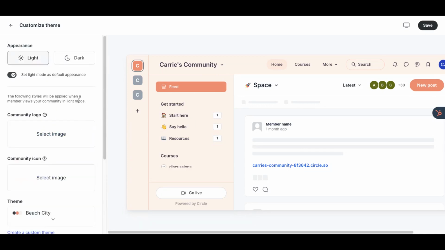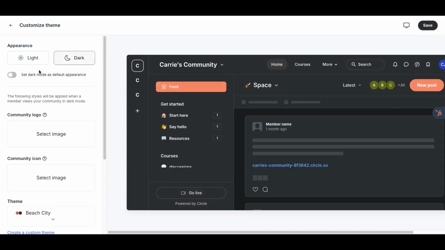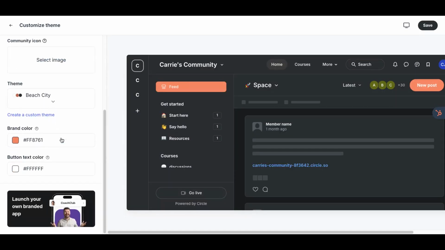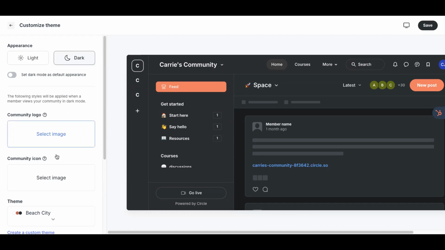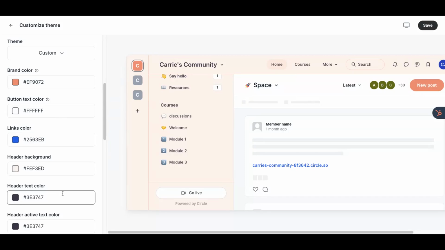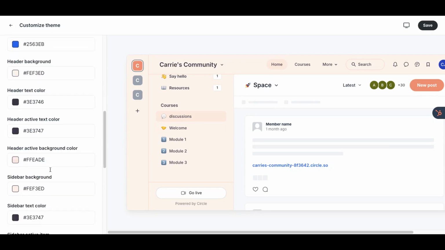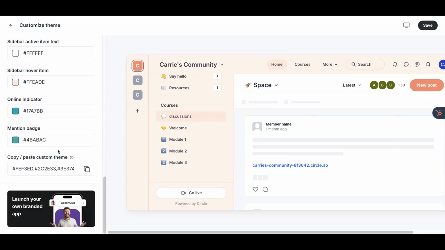And then what you want to do all the time with the Circle community is set light mode usually as the default. It's up to you though, if you want light or dark. And then you always want to make sure that you have a dark theme version of your community. Now, I believe there are more options. So this is where you adjust your header text colors and things like that. If I change this, you can see it's a very subtle change there. It changes right here live. This is just to show you what the actual changes look like in real time. So these are not clickable. It's kind of like a little mock-up that you can set up. So you customize all of this, and this is where things start to really get real.